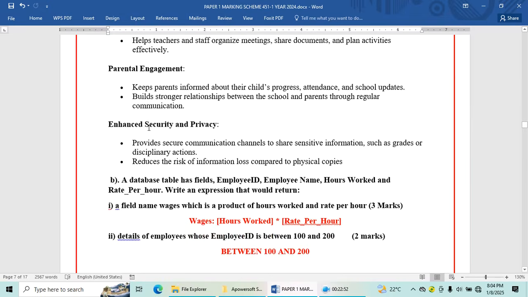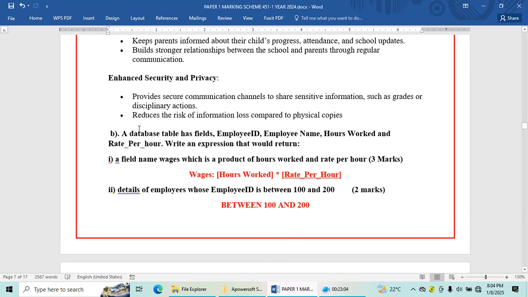It keeps parents informed about their child's progress, attendance, and school updates, and builds a stronger relationship between the school and the parent through regular communication. The last answer here is enhanced security and privacy. Assume a situation whereby you are sending an email and one whereby you are printing. When you are printing, there is a likelihood of leakage. But when you are sending an email, there is no likelihood of leakage. So, it ensures security and privacy.